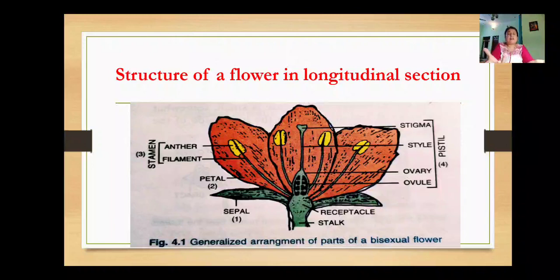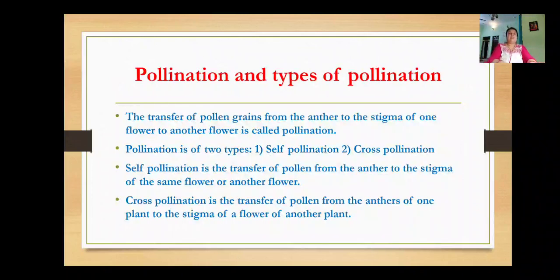Whereas some plants bear only the male part, and some flowers bear only the female part. So there are different flowers of this nature. Okay, so we'll learn more in the coming classes. Since we studied the structure of the flower, now what is the main role of the flower? What is the main role of the different parts of the flower?